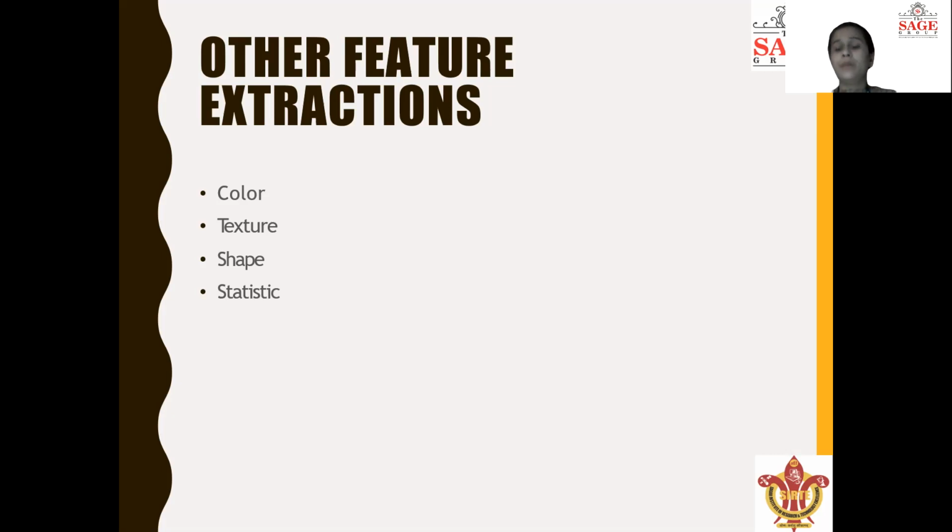Shape of the image is like, suppose we are extracting a particular portion of the eye from the face image. If we are extracting some feature from that particular image, shape means we have to plot that area where we need to perform some extraction technique. So we have to work on the edges of that particular area. So this is called shape.